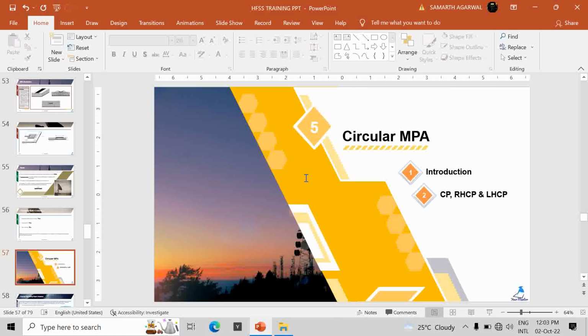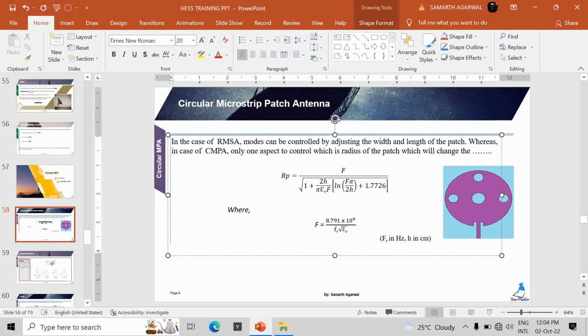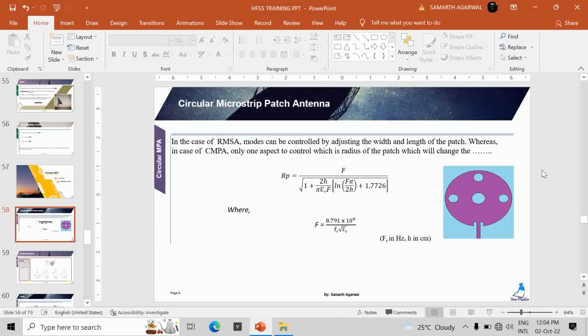Now we will start our circular microstrip patch antenna module, which is number 5. In this case also we will start with the introduction. We will see the formula to calculate the radius of the patch, and what CP, RHCP and LHCP are. In the case of RMSA, which means rectangular microstrip antenna, modes can be controlled by adjusting the